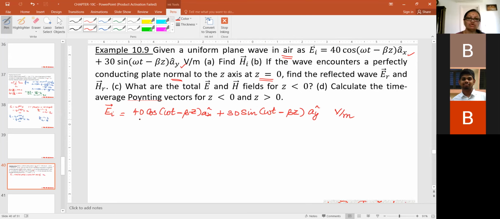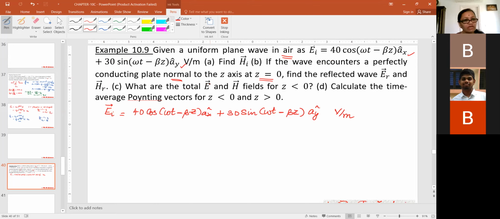Okay. So as we normally do, is anything given about omega? Omega is not given, so you need not calculate omega. Omega is anyway a constant for both the media, so don't bother. Next thing, what is asked? First thing is to find the reflected electric field and the reflected magnetic field. Both of these are asked. Next thing is, what is the total electric field?